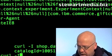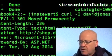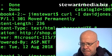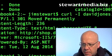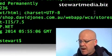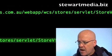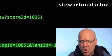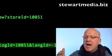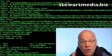But have a look at this redirect. You go to davidjones.com.au and you get a 301 move permanently, so a permanent redirect to this subdomain and then this URL here, which in turn gets another permanent redirect. So you're getting this double permanent redirect, which is kind of odd, and not good for Google,